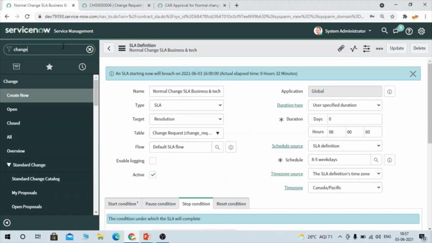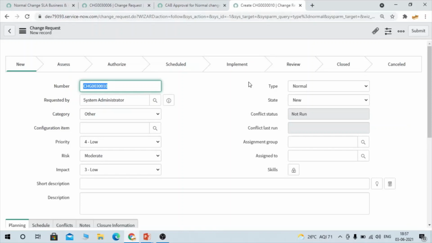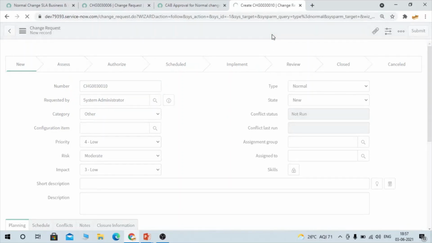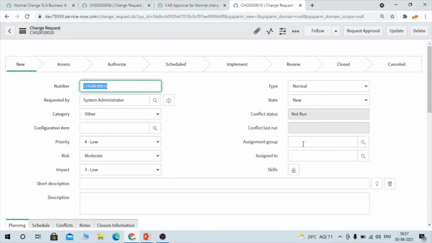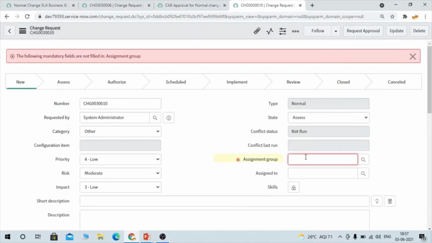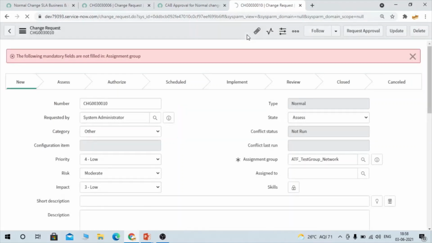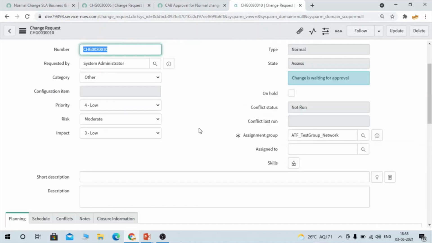We are going to create one new change request and paste it. So I have requested for approval. Let's approve it.